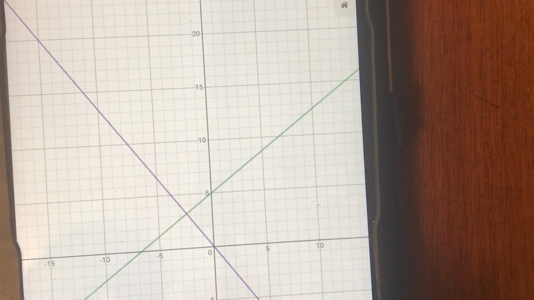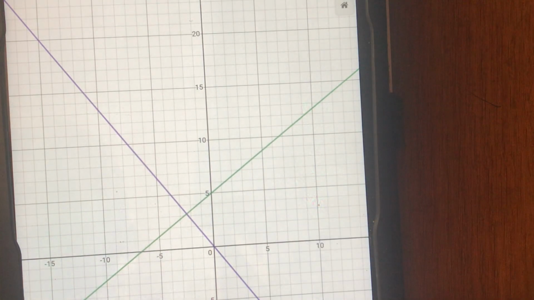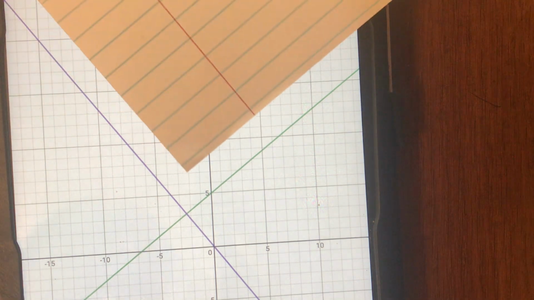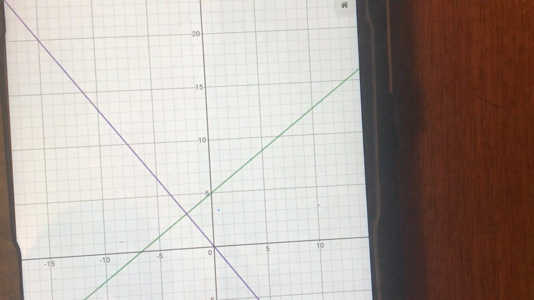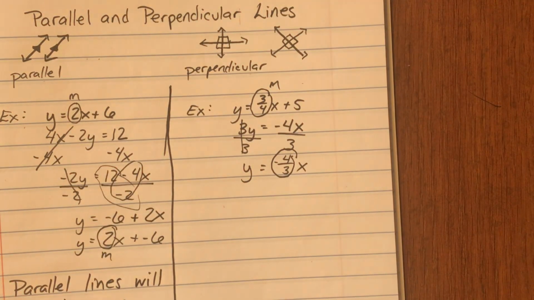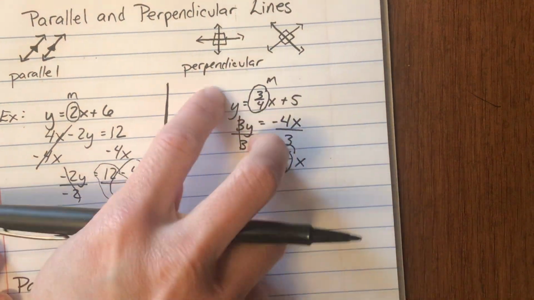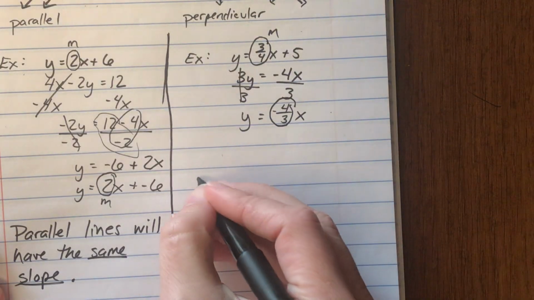What's interesting about these? Well, they do meet at exactly a right angle. And if you're ever concerned about something being at exactly a right angle, you can take a piece of paper and slide it in there. And if it meets, that's definitely a right angle. So these are perpendicular lines. Now, what do we notice about the connection between the slopes? Well, perpendicular lines,